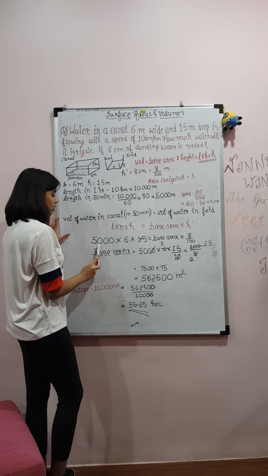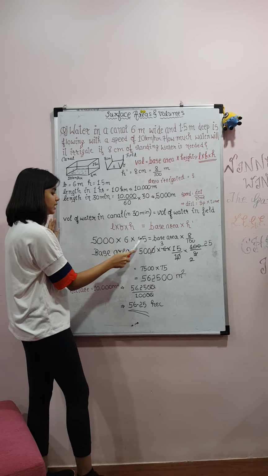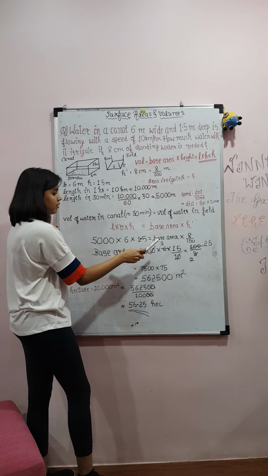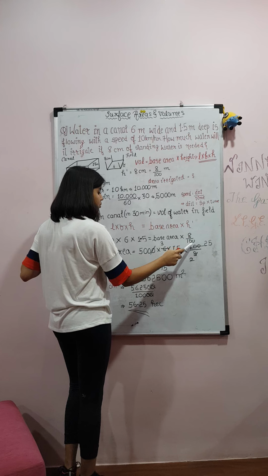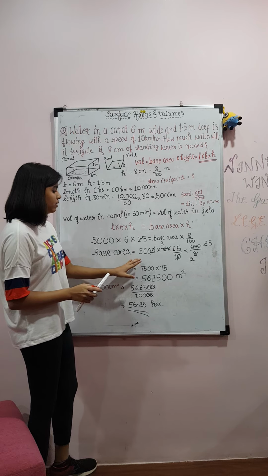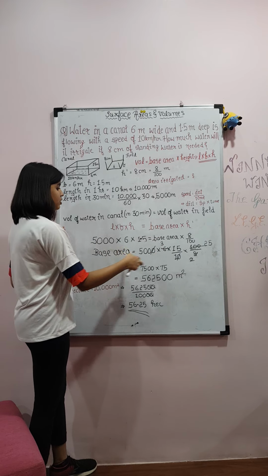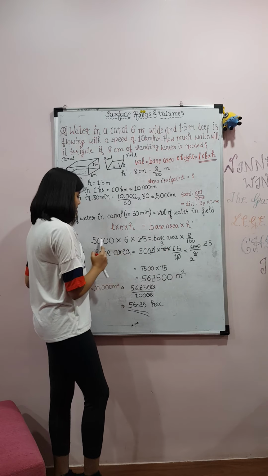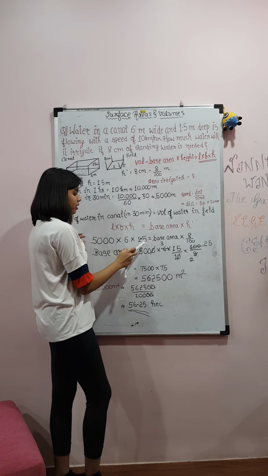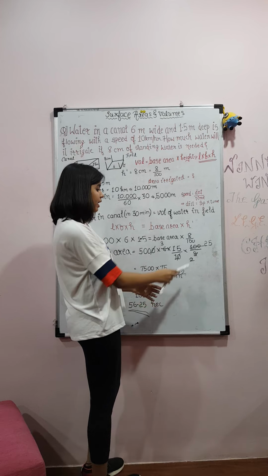So here length is equal to 5,000 meters of this canal, breadth is equal to 6 meters, height is equal to 1.5 meters, and base area, that is area irrigated, into height dash, which is 8 upon 100. So base area is equal to, we'll have to shift 8 by 100 to the LHS, or you can directly take base area here and shift all the rest, is equal to 5,000 into 6 into 15 by 10. We have written 1.5 as 15 by 10, and the reciprocal of 8 by 100 is 100 by 8.